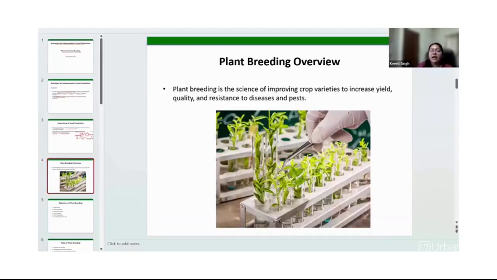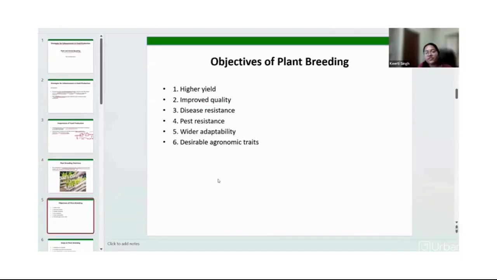What does plant breeding mean? Plant breeding is the science of improving crop varieties to increase the yield, the quality, and the resistance to disease and pests, right? Okay. So what are the objectives of plant breeding? Higher yield, of course. We want a high number of yield in a particular land area. Okay. We want improved quality of plant,